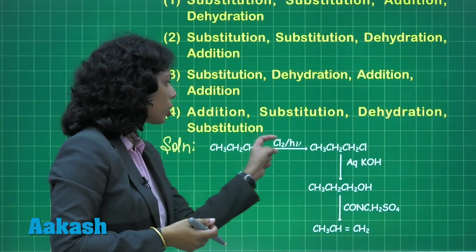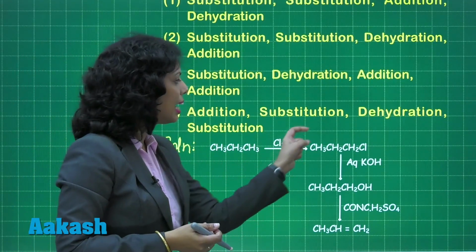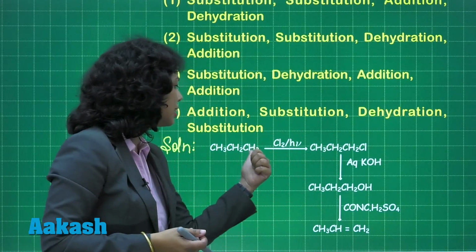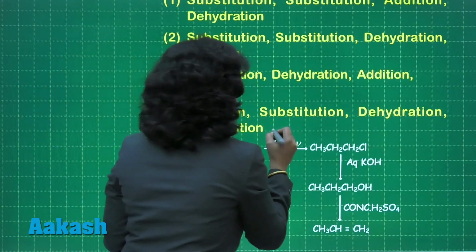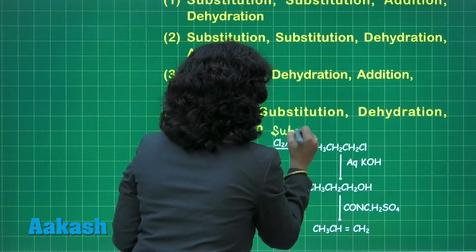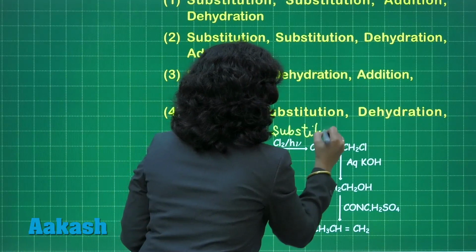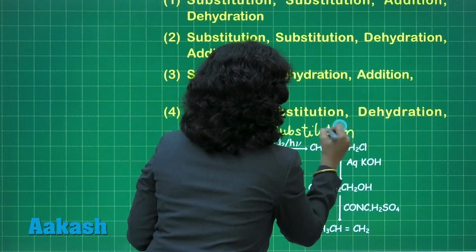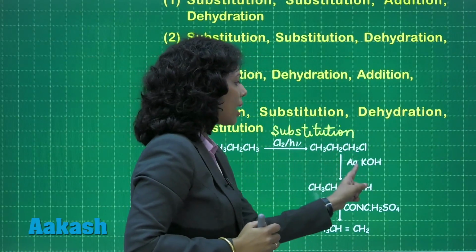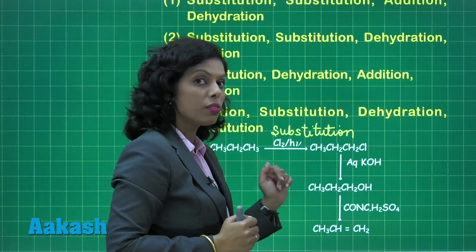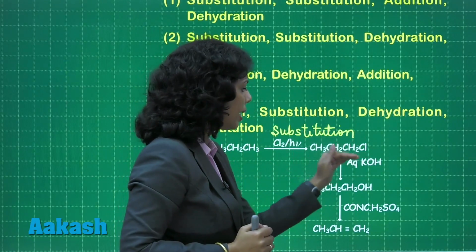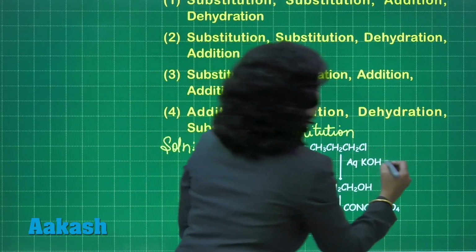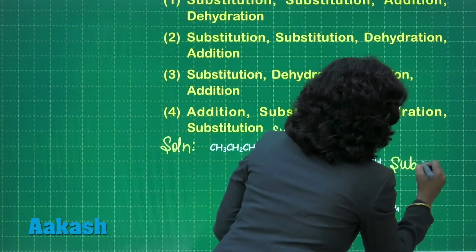In the first equation, chlorine is there in the presence of sunlight, and here you can clearly see this hydrogen is substituted. So what type of reaction is it? The first one is the substitution reaction. Now, after this, aqueous KOH is added to it, and what will happen? This OH is displacing this Cl part. So simply it is again a substitution reaction. So here we can also write this is